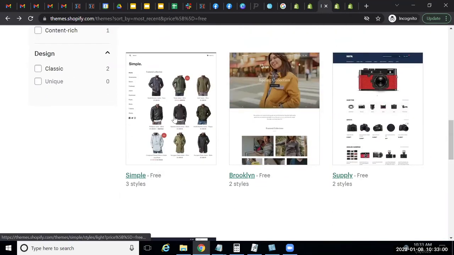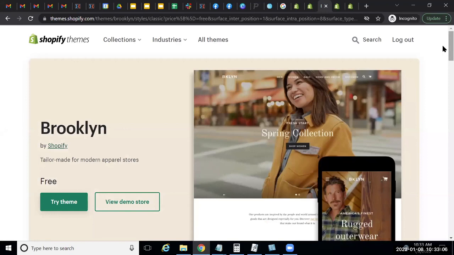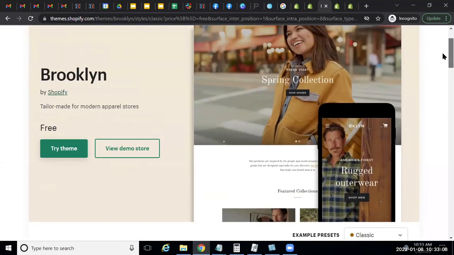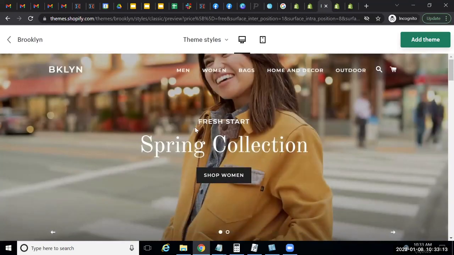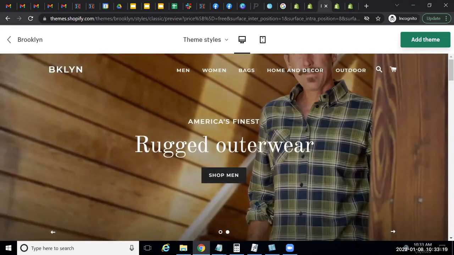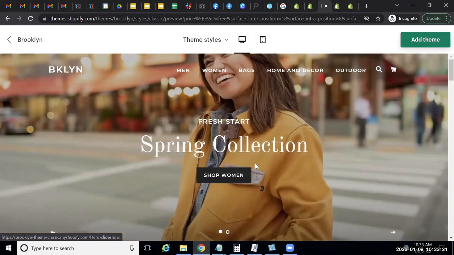So if I go to Brooklyn, and Simple is another one, it shows a variety of different things on the front page. So we're going to demo this store. I'm going to click on View Demo. There's a lifestyle picture at the front. There's 2 of them, actually. You see the little dots, so I can scroll to the next one. So what are they selling? Outdoor wear. They're selling clothes. They're showcasing a lady with a shirt, shop women,